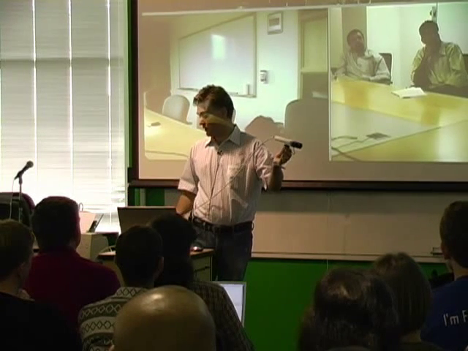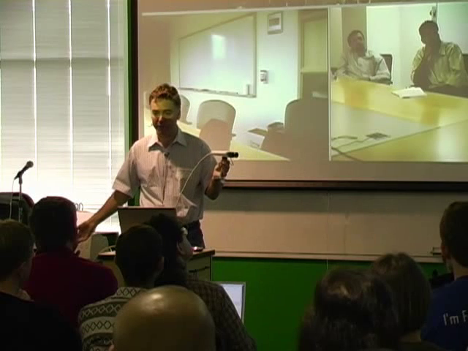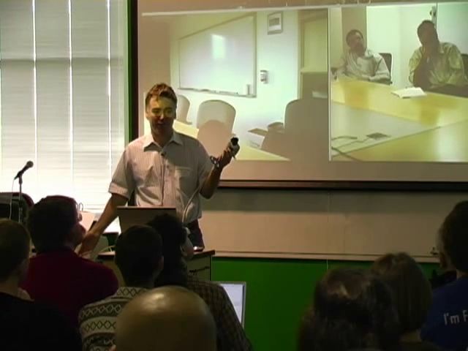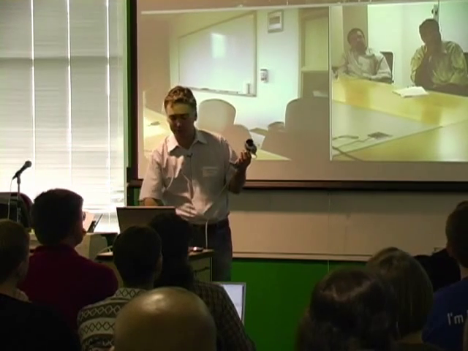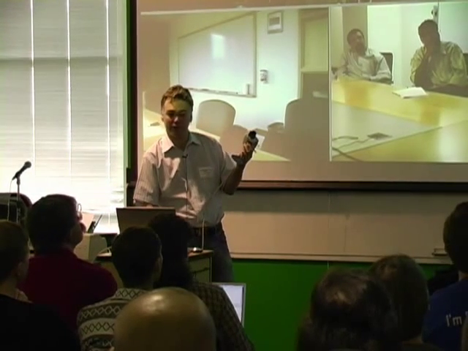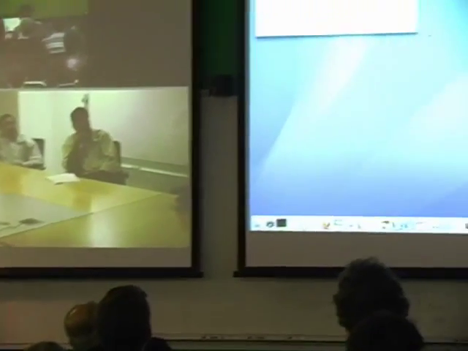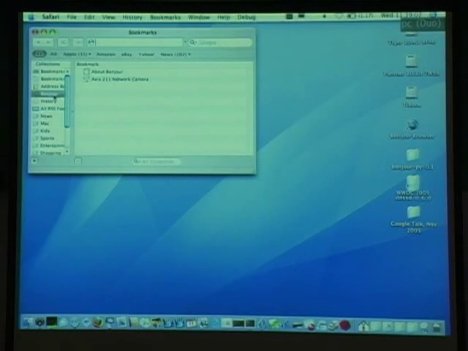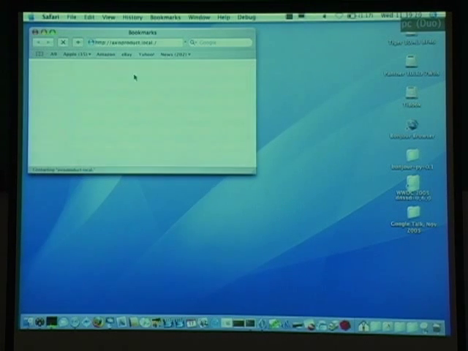So I plug this in. I have no DHCP server. I don't know what its IP address is. I don't care what its IP address is. I don't care what its name is, because Safari just found that we have a network camera, Axis 211. And what Safari did there was, when I clicked on the Bonjour list, it did the browsing operation I talked about. It said, what out there on the network speaks HTTP? And the camera said, I do. So Safari displayed the name. And now when I double click here,